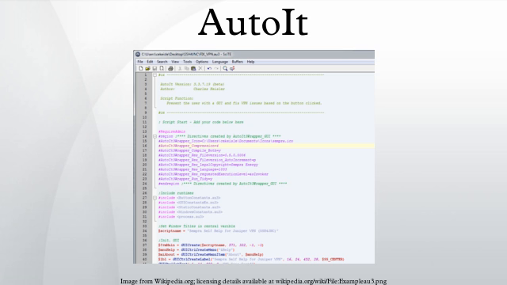March 2010, AutoIt v3.3.6.0 released. April 2010, AutoIt v3.3.6.1 released. December 2011, AutoIt v3.3.8.0 released. January 2012, AutoIt v3.3.8.1 released. December 2013, AutoIt v3.3.10.0 released. June 2014, AutoIt v3.3.12.0 released. The developers of AutoIt originally released the source code under the GNU General